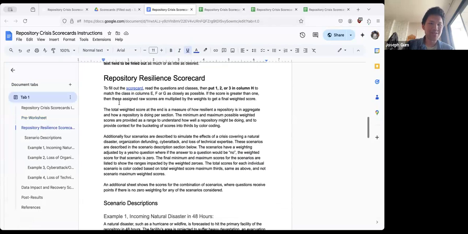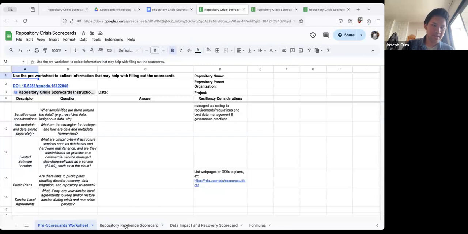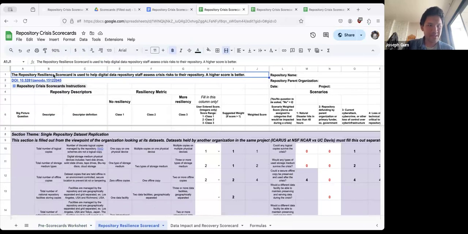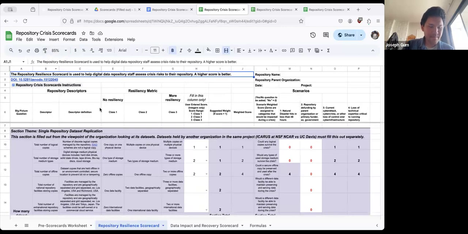And then after that, we have this repository resilience scorecard. If this looks familiar to you, let me zoom out a little bit to make it a little easier to see. If this looks familiar to you, the format is copied from the model data RCN that was funded by EarthCube to look at archiving and preserving model data.